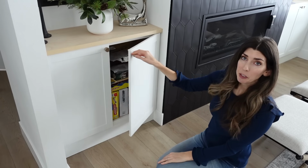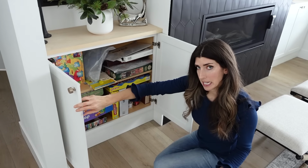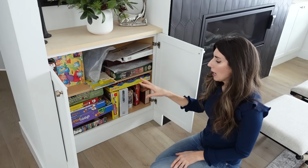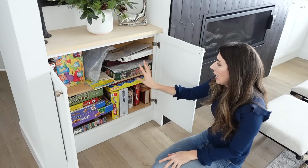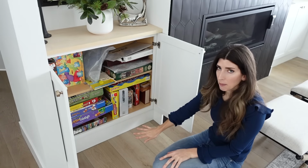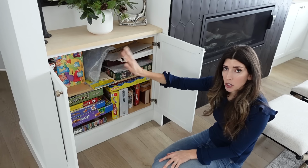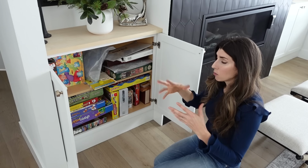So here in the living room, I added these built-ins last year, and I'm really glad I did. One of the main reasons I did that was to have an area for the kids' games and things to go. And then the other side is all related to TV stuff. But I liked this because, again, it helped me organize the space. I kept a lot of the games in their boxes just for stacking purposes,